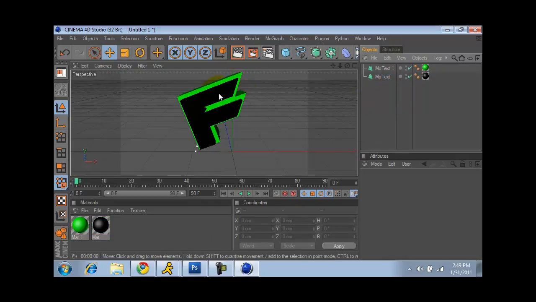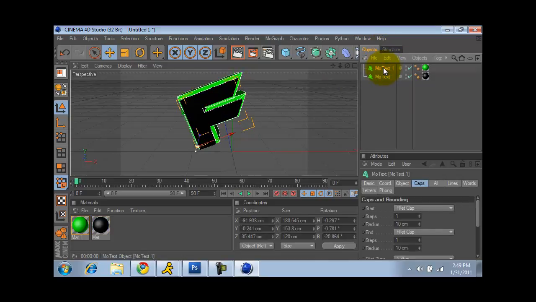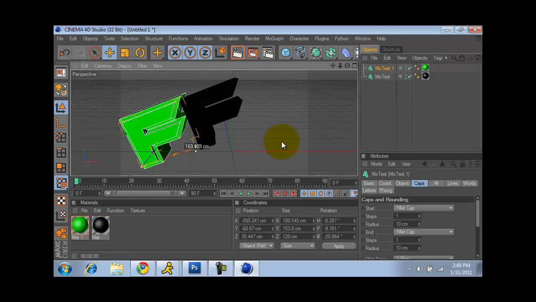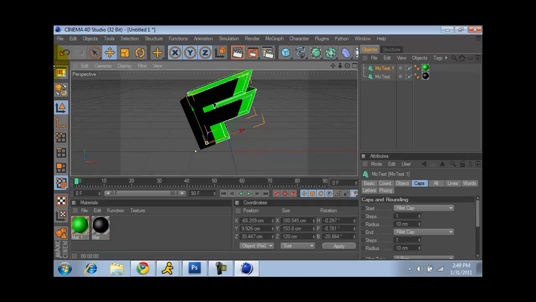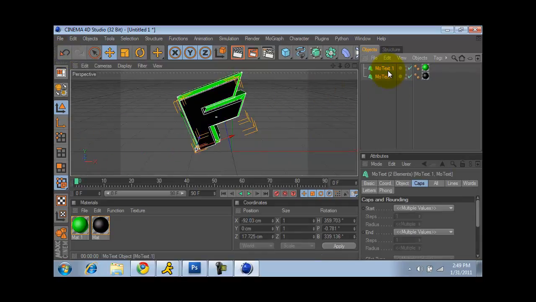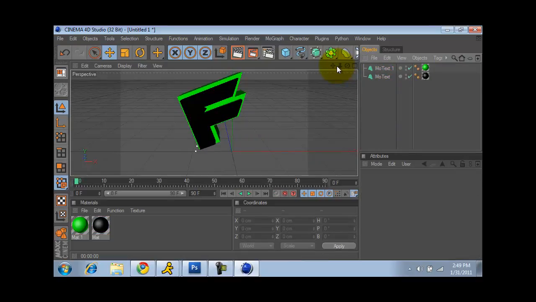Oh, and when you're moving the thing around, you want to make sure you have both of these selected. Because if you only have one selected, you'll do this and you'll move it off. You don't want to do that. So make sure you have both of them selected. Alright,